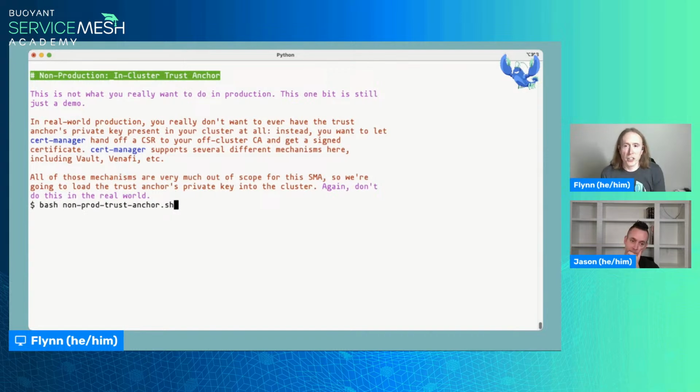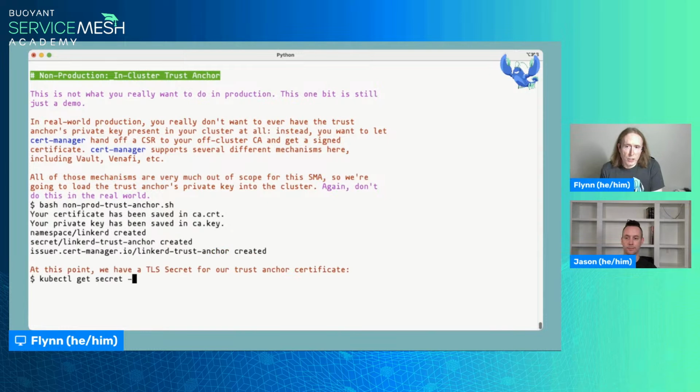I'm actually so ashamed of this that I'm going to hide most of the details behind this non-prod trust anchor bash script. But that script is committed and pushed to the GitHub repo, so you can go and look at all the gory details. They're not all that gory. It uses step to create a self-signed cert and then uses kubectl secret create, and things like that. So off we go. At least it runs quickly. That's nice.